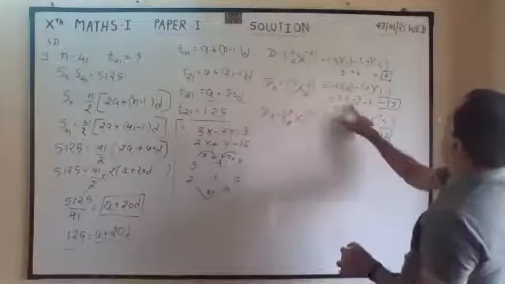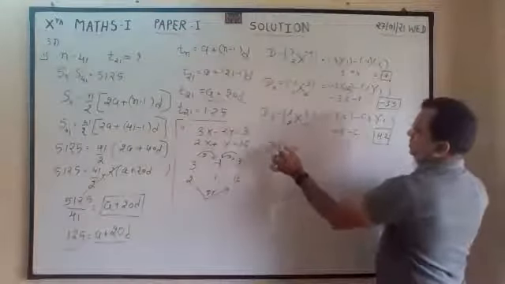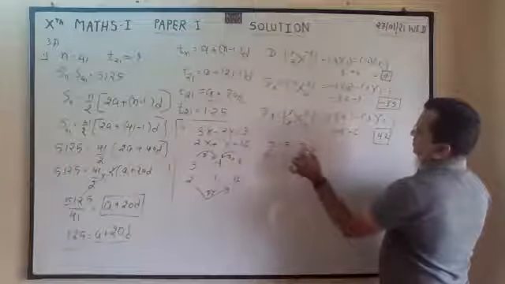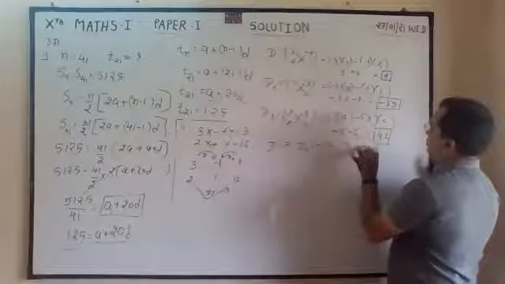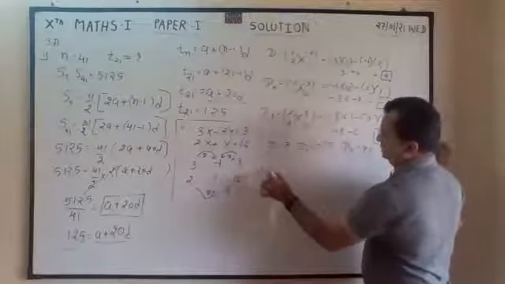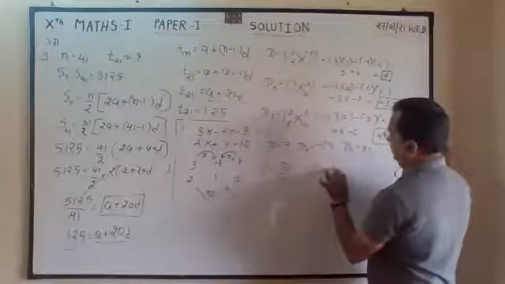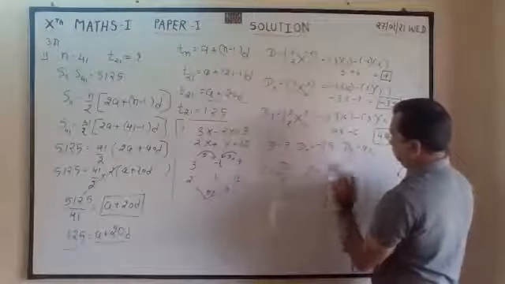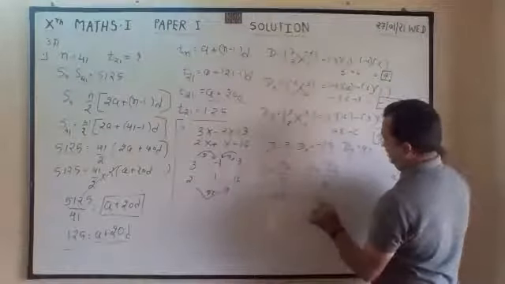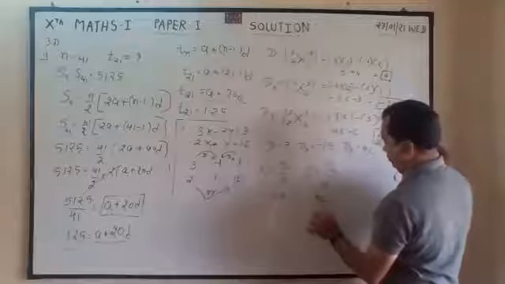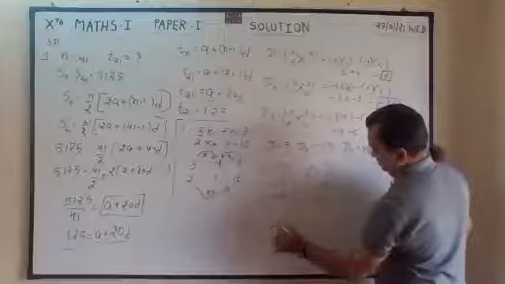Bigger figure sign, bigger figure sign. So D is equal to 7, Dx is equal to minus 35, Dy is equal to 42. Now your x is equal to Dx by D, your y is equal to Dy by D. Minus 35 by 7, 42 by 7. So x is equal to minus 5.